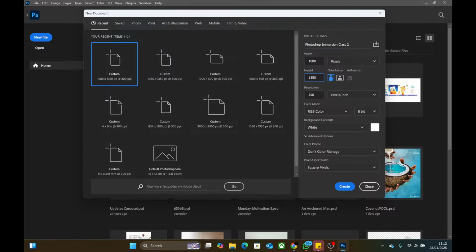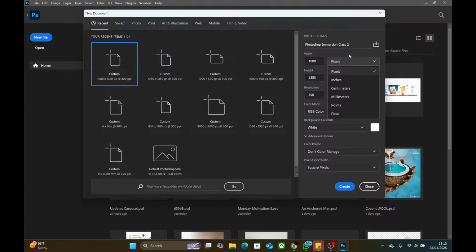I'm going over this because I know some people may not have seen the video I shared with you of class 1, as we could not go live yesterday. So there is the unit here, which is the pixels. As you continue in this journey, you will begin to understand the differences between the different units available. If you click on this drop down arrow, you have pixels, inches, centimeters, millimeters, points, and picas. I've never really used picas, points, or even millimeters, but I've used the remaining three here.